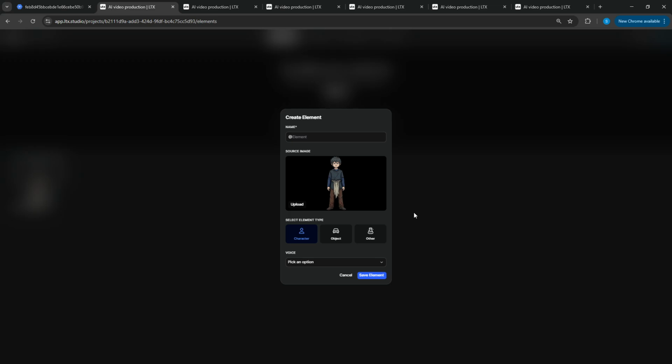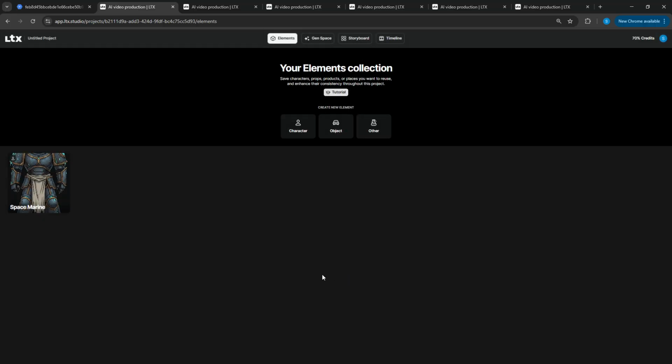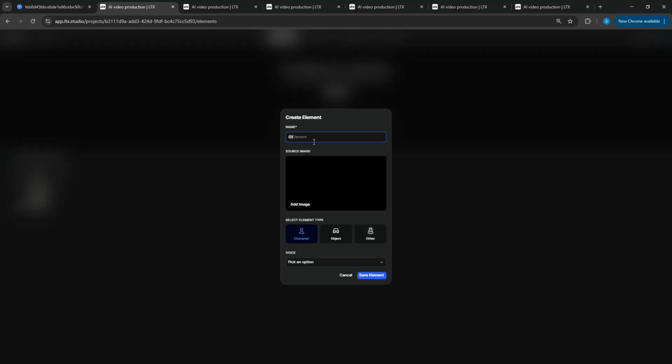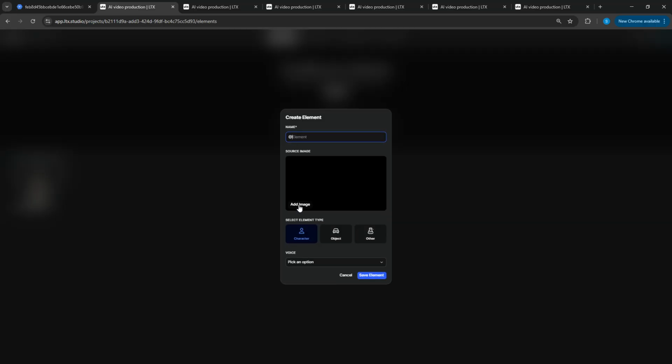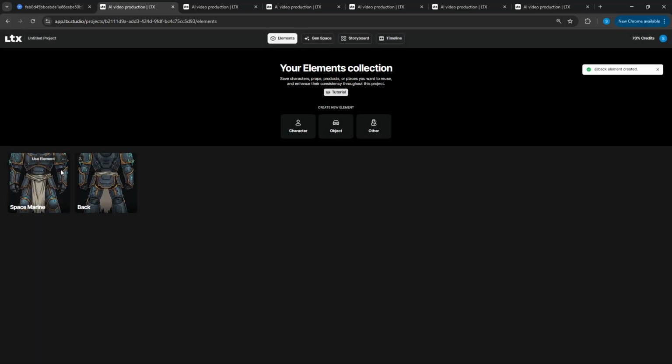a design decision from the LTX Studio, in the sense that instead of just having one character element being trained on several images, maybe what they're going to do is split it up. So then, as you can see, this is a front view of the character, but maybe what you do is you add in like a back character like that. So then, you have a front and then a back version of your element,